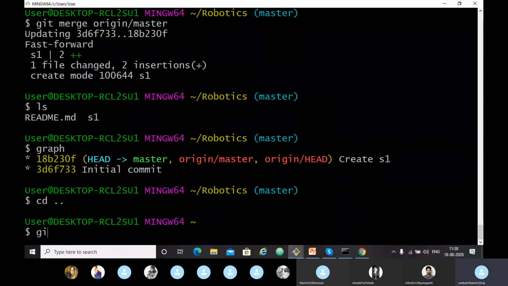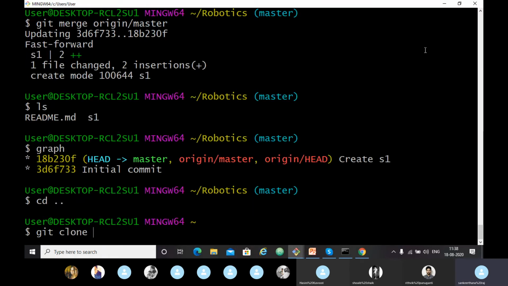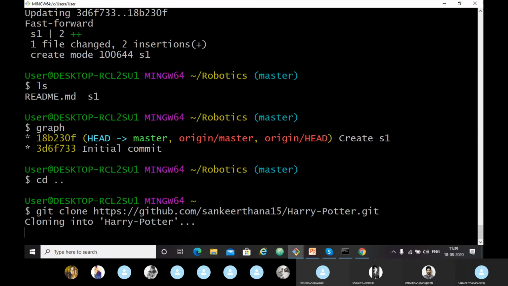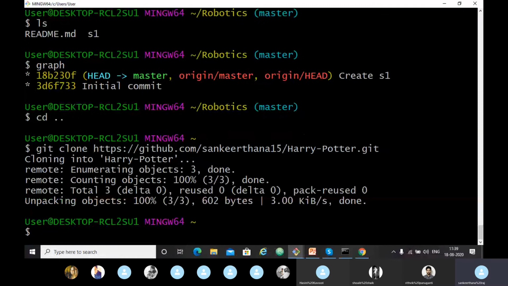where will you get the URL from? Here you can see code, click it. Here you will have the URL. Just click here, it will be copied, and paste. Cloning into Harry Potter. So we have cloned, means we have downloaded that repository from GitHub into our local repository.